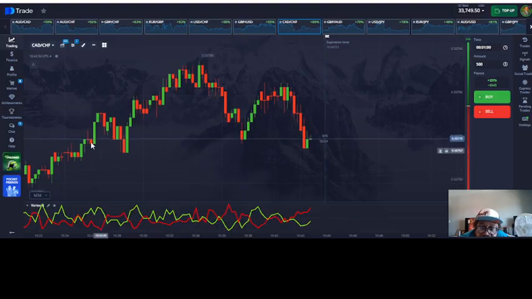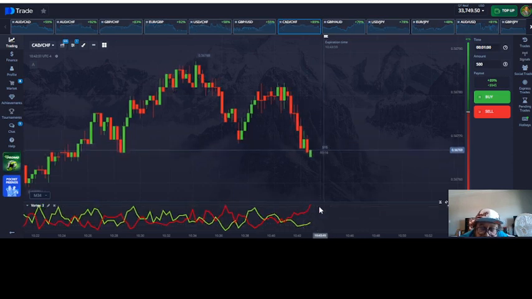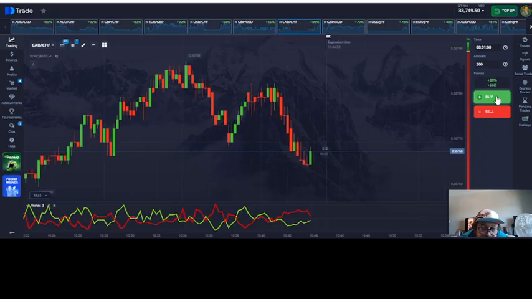So what I'm going to do now is I'm going to wait for the green vortex line to cross the red vortex line here in an upward direction, and then I'm going to take a bullish reversal trade. Okay,